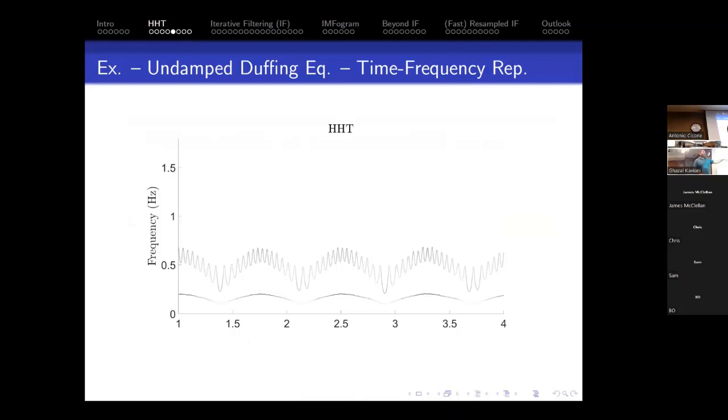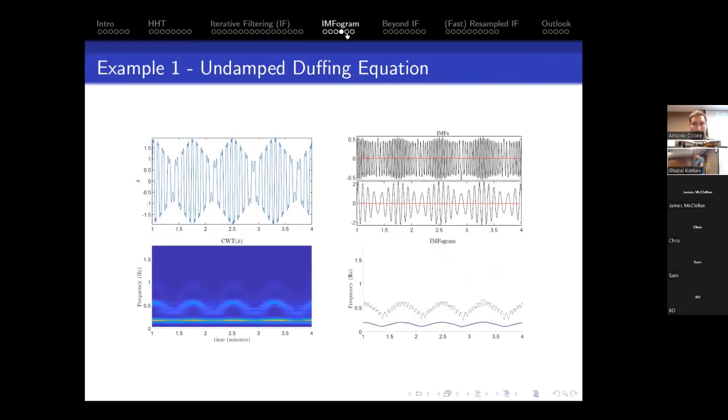With the difference that this takes, for like 10,000 points, about 15 seconds to produce. For us, it's just 1 second. So it's way faster. But it's not only a matter of being faster. Which is something I should also do, right? Speeding up a little because the time is running. So anyway, we got an IMFogram which is pretty similar to the Hilbert transform, but it's even better than that.